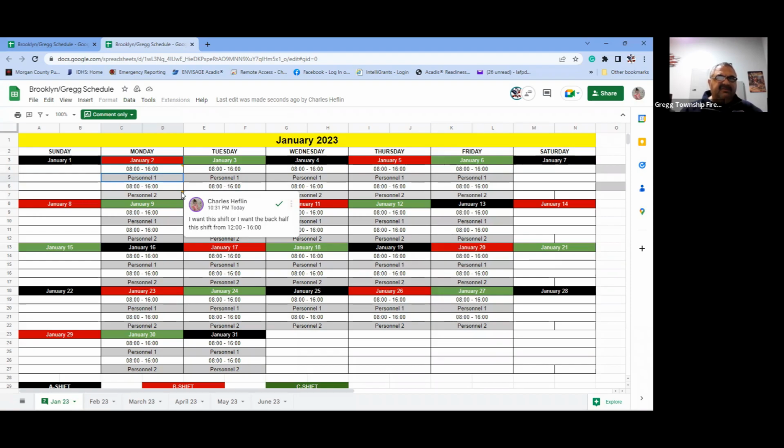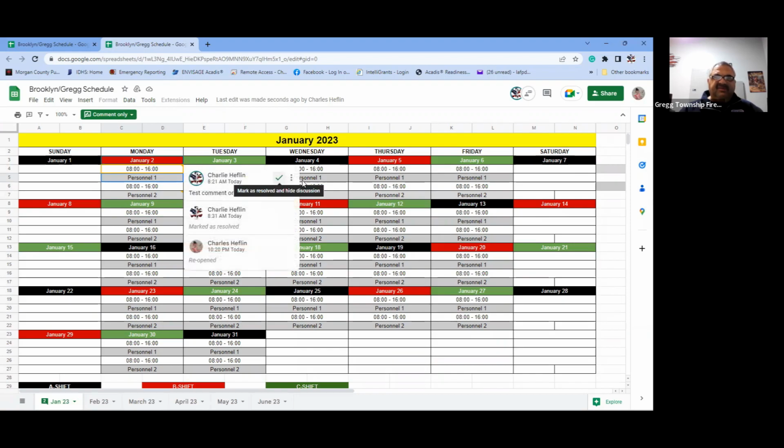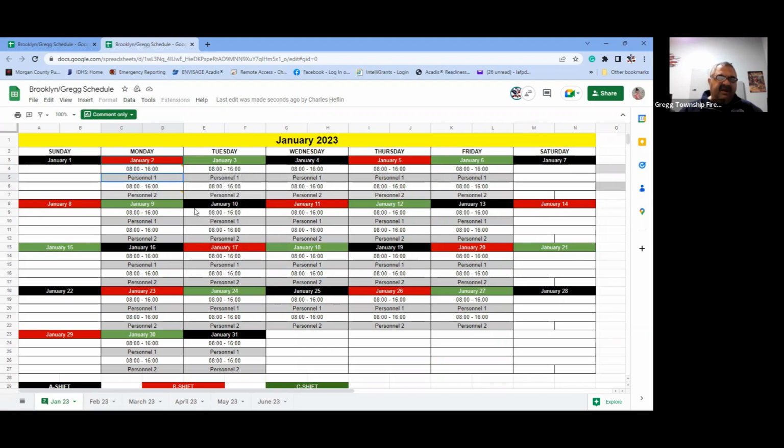I also, on my master account, just got an email notifying me that somebody has commented on the sheet. So if you're set up as an editor and you set your notification settings to get all comments, you'll get all the comments that anybody makes to this,